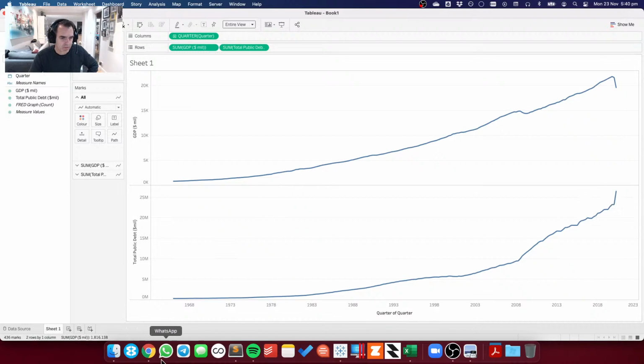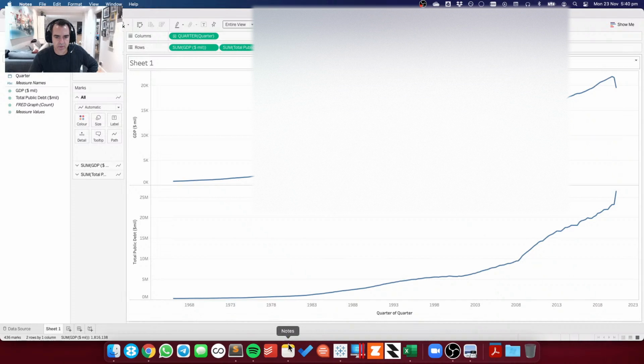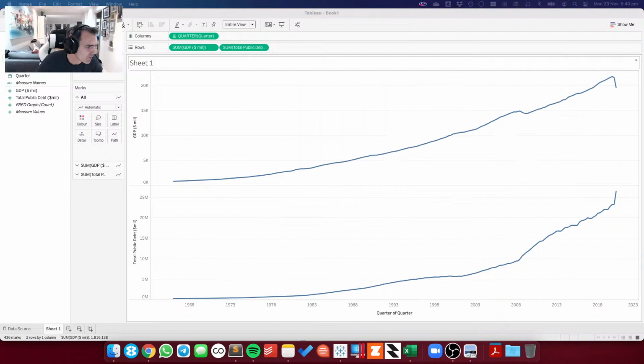Okay, so what are some different ways that we could visualize this? I've got a list of ways to visualize time series data.